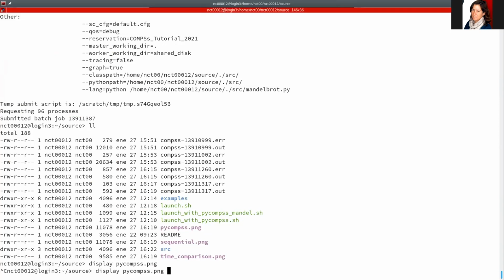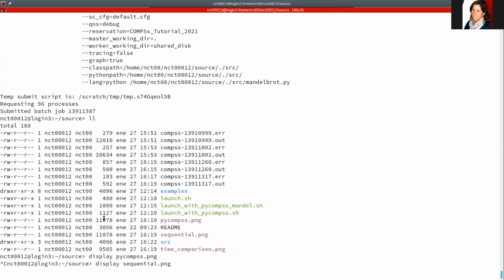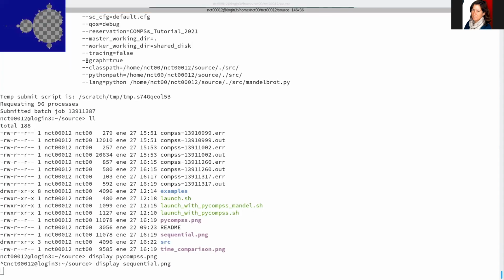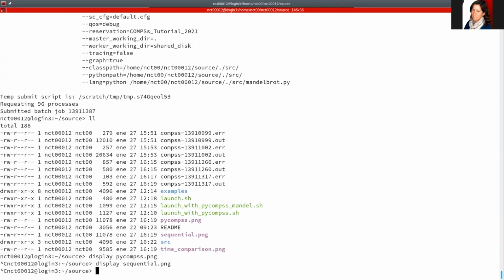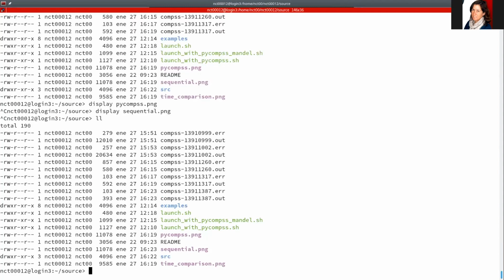And if we compare with the sequential, well, in fact, they have exactly the same size. So they are exactly the same, as we expected. And in a couple of minutes,